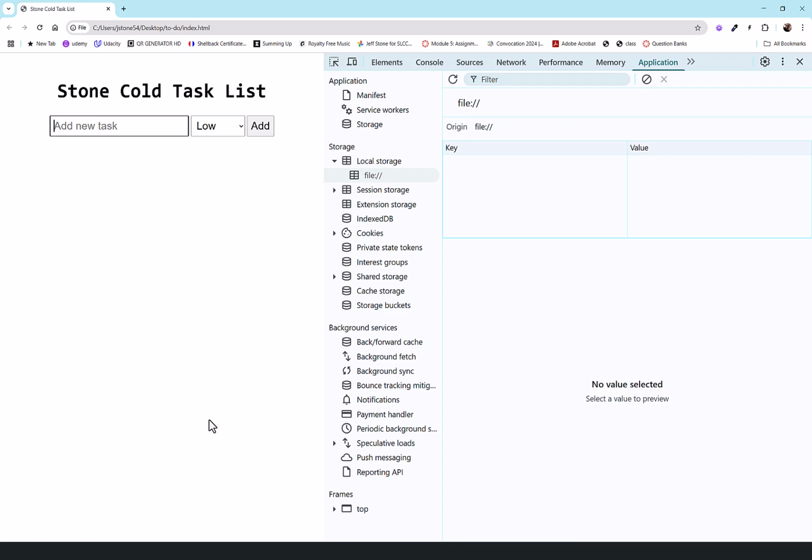Make it an input type equals submit, because when you make it a button, it won't happen automatically where they can just type into this field and hit enter. If it's a button, you have to actually click on it or you have to tab over to it, and then you can hit enter. But if you use an input where type is submit, as part of your web form, then typing in the input field and hitting enter automatically enters the data.